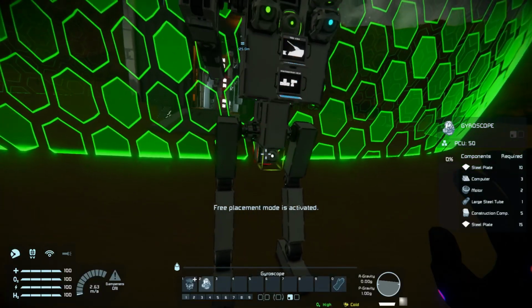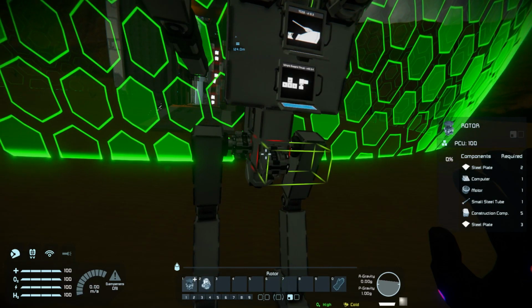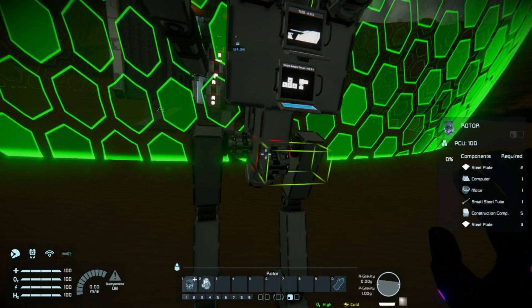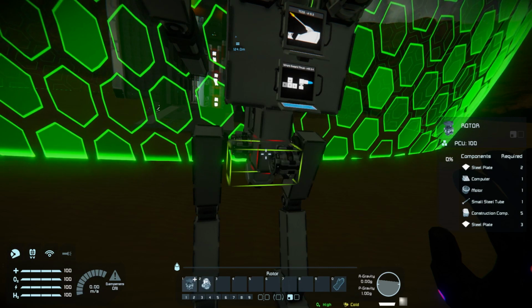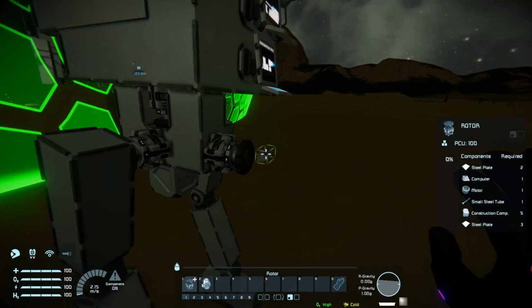So we're going to probably add the feature down here somewhere. What we want to do is the anti-roll assist. To counter falling over to the side, you can now add this. It will activate when the mech is tilted more than 5 degrees. What we want to do is place a gyroscope either forward or backwards, and tag it with